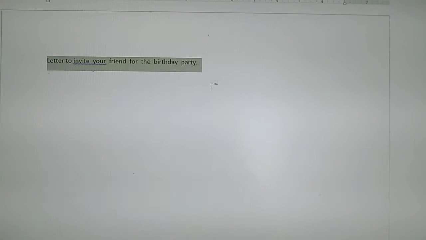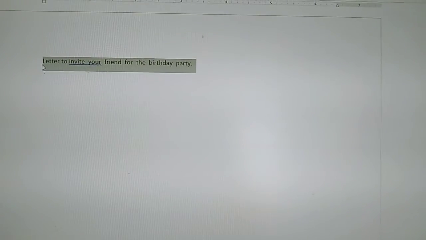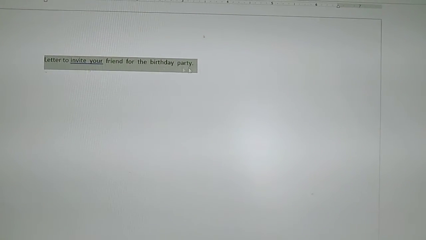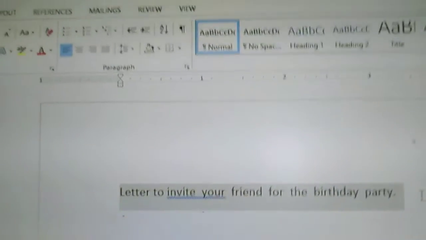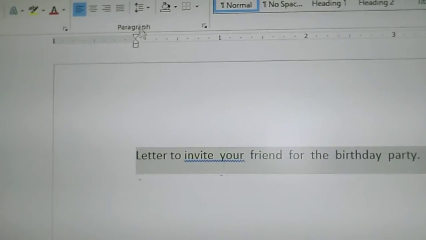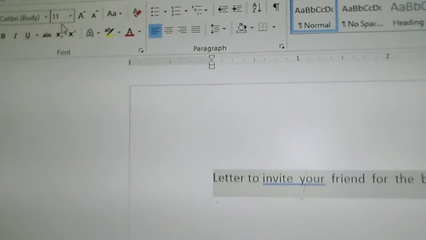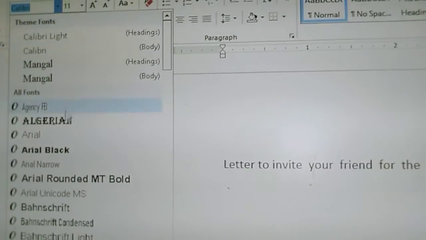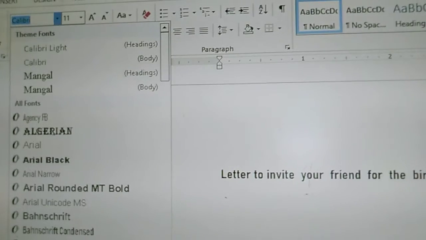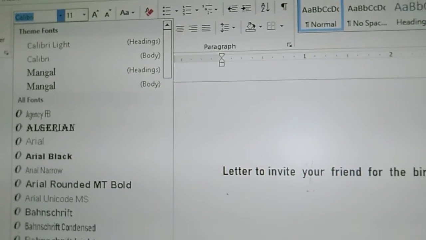Whenever you want to format a document, first always highlight that part of the document. Now on the formatting toolbar, you have the style of writing. Here it is Calibri body. You can select whichever style you want from this.